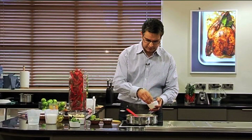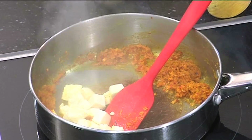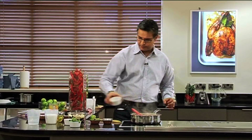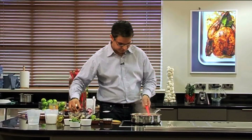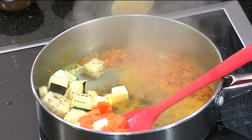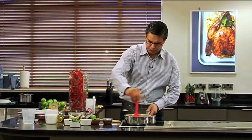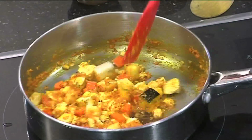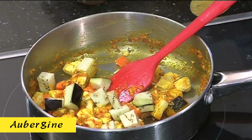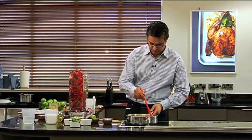So I'll start with tofu, carrots. I'm going to just remove it for a minute because it's getting burnt, which I don't want it to. Add a little bit of water as well. You just have to cook it lightly. Okay, it's looking a little messy, but it's because of tofu, but it'll come around. So more aubergine and all of the asparagus, and